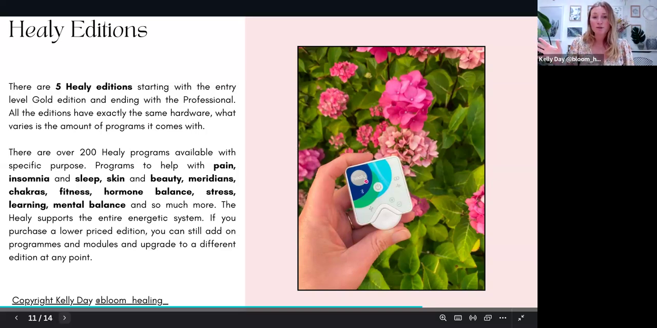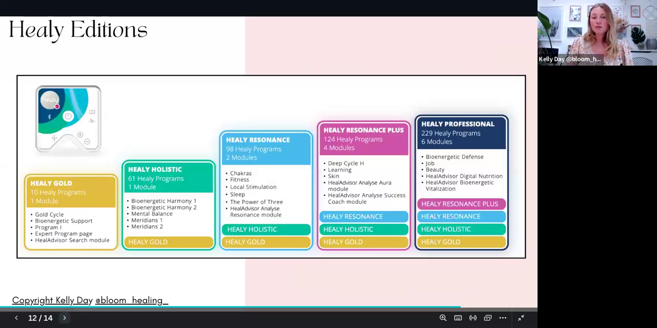It's going to be more cost efficient because there's often promotions on the professional, and if you were upgrading from the entry level to the professional, it would cost a lot more than if you were just buying the professional on a monthly promotion. But you do still have the ability to upgrade at any time or add different program groups onto your Healy. So just showing you here, you have the entry level gold, and it comes with the gold cycle,